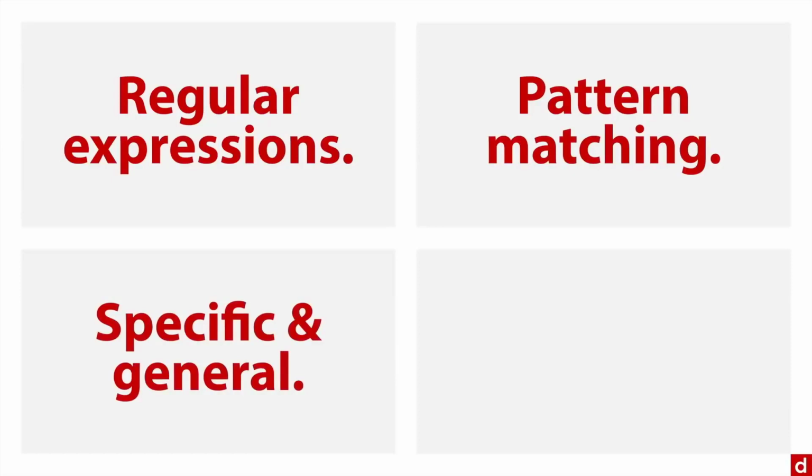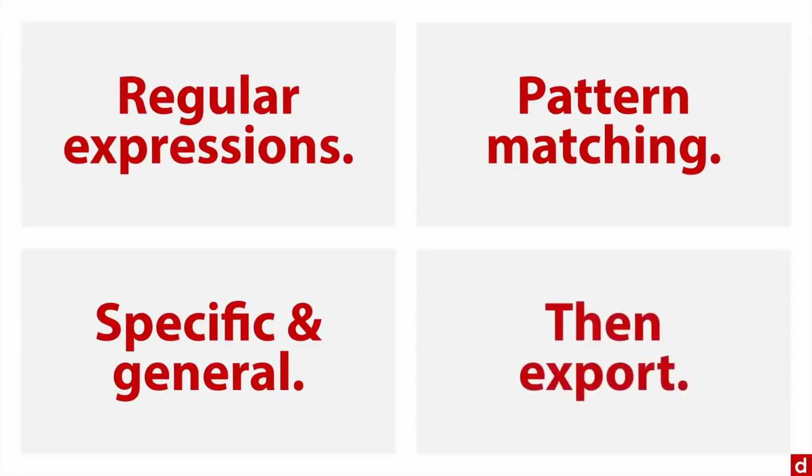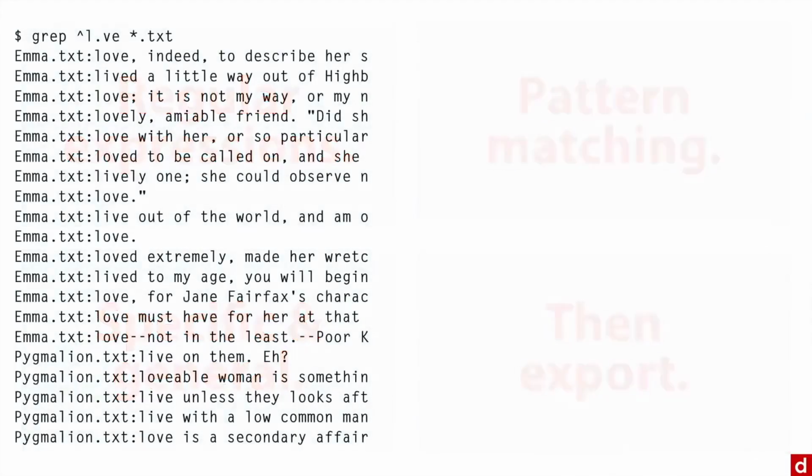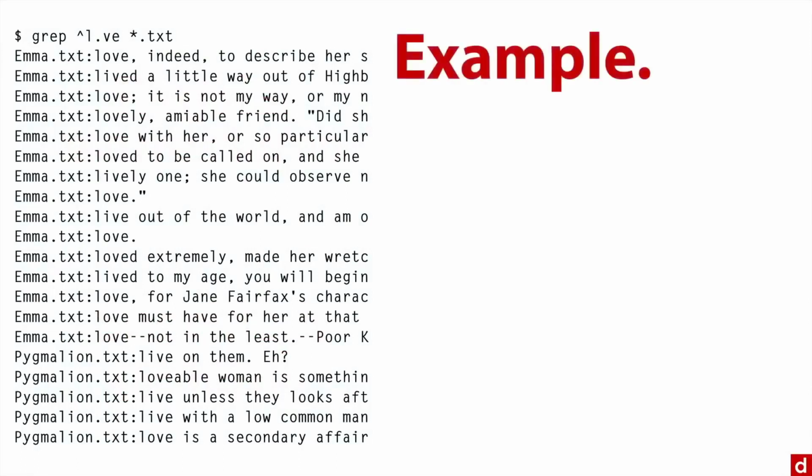The idea here is you can write this search pattern, your little wildcard thing. You can find the data, and then once you identify those cases, you can export them into another program for analysis. So here's a short example of how it can work. What I've done is I've taken some text documents. They're actually the texts of Emma and Pygmalion, two books I got off of Project Gutenberg. And this is the command,